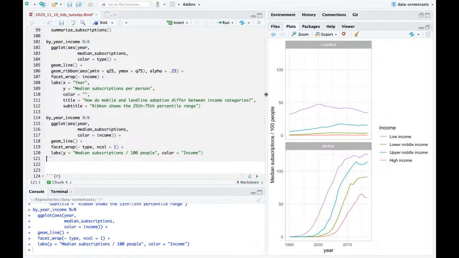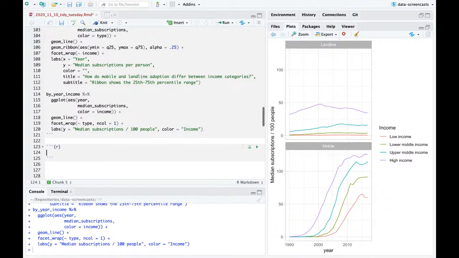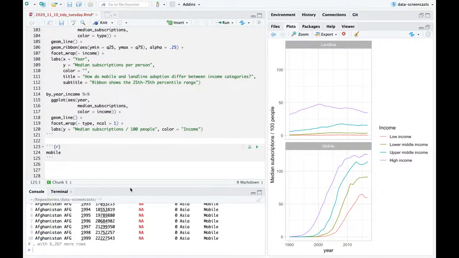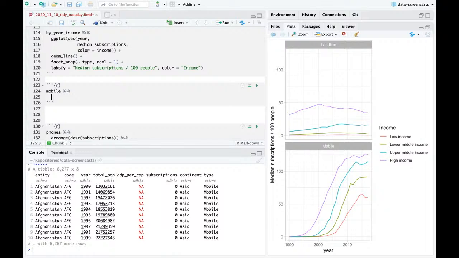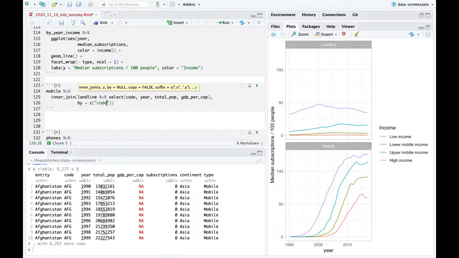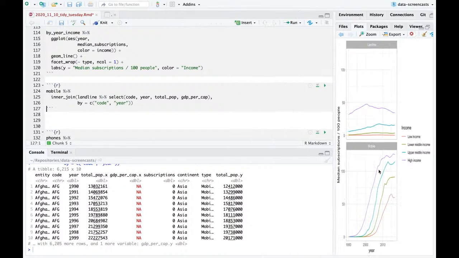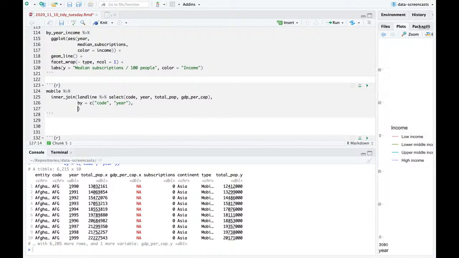Now, a question I get from Albolia is, any idea why population and GDP varies from mobile to landline? Is that right? That worries me. If I take a look at mobile and do an inner join on landline, selecting entity code, year, total pop and GDP per cap, as a quality check, by just code and year. I'm going to get these two columns and say